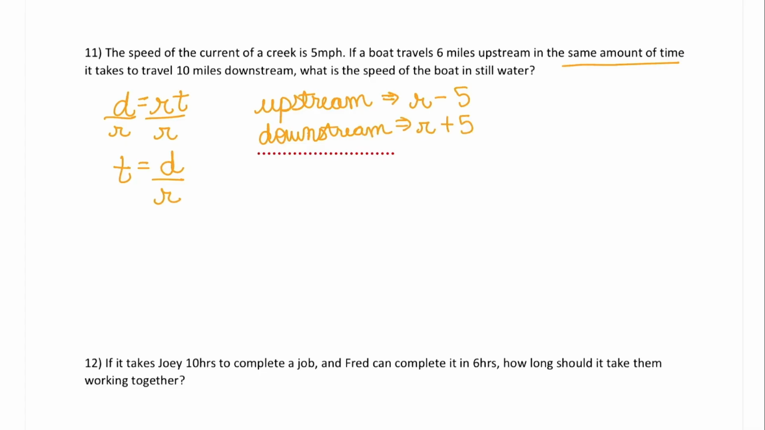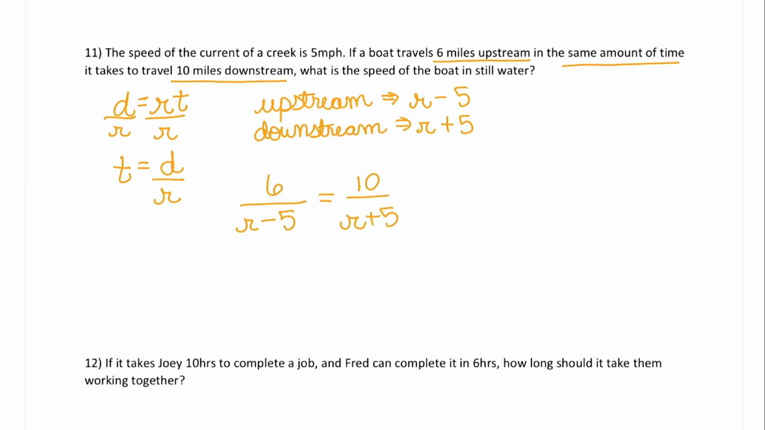Okay, so now that we have that, we know that the boat is traveling 6 miles upstream. So we're going to have the distance as 6, and the rate is going to be r minus 5. And since the time is the same, we can set that equal to 10 miles downstream over r plus 5. The way to solve this is to cross multiply. So we are going to end up with 6 times r plus 5, and that comes from this way here. Then we're going to have equals the multiplication of these two, which is going to be 10 times r minus